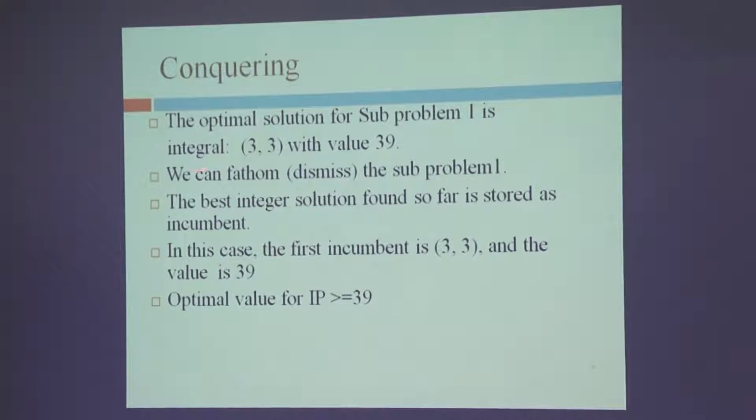The optimal is integral with value 39. We can dismiss, fathom, don't continue further, stop with that. The best integer solution found is stored as the incumbent. I mean, this is what I have currently. In this case, the incumbent is 3, 3 and the value is 39. And we have already solved one subproblem with